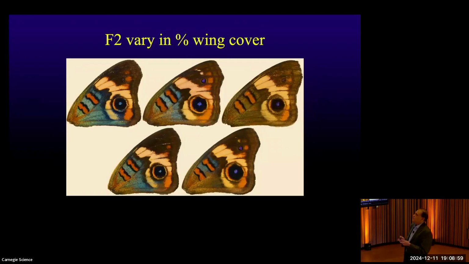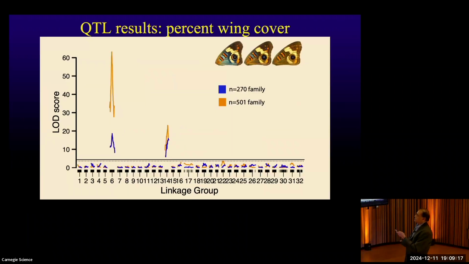So if we just look at wings that have different amounts of the same color, so this one is the same kind of bluish color, but there's different extents of how much of the wing has this. We use that as the phenotype, and we ask how that correlates with the genotype of the animals. What we see, so these are all the different chromosomes of the animal, we see that there are two places in the genome on these two chromosomes that account for almost all of that genetic effect. So these loci contain a couple hundred genes, but somewhere in this region is a gene